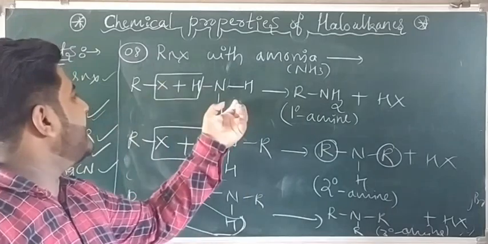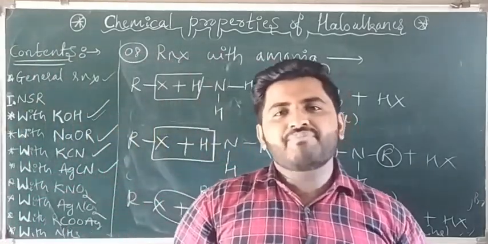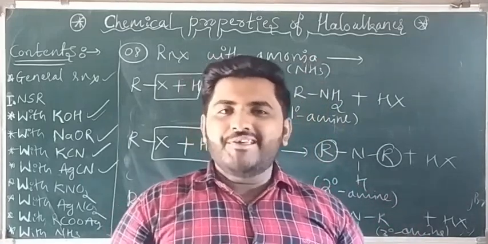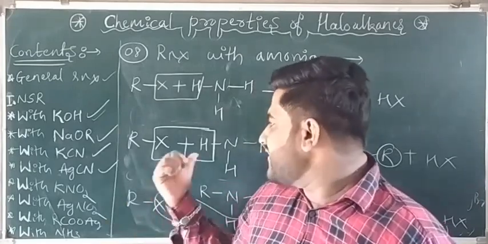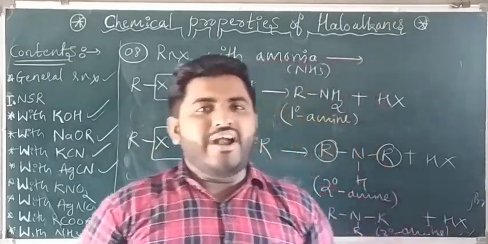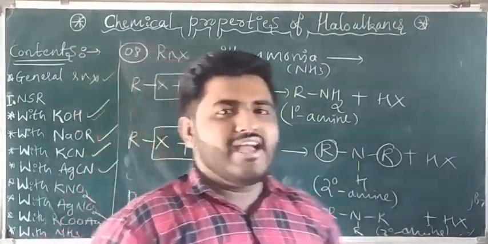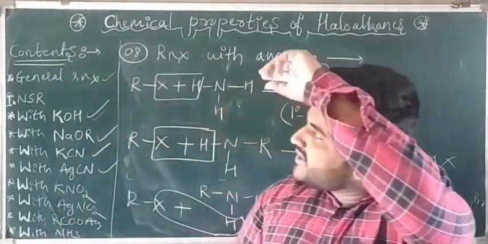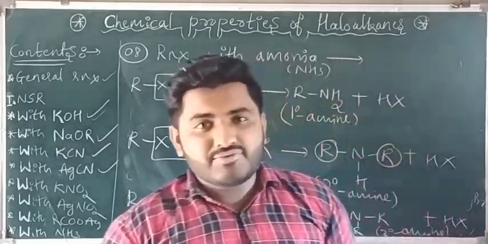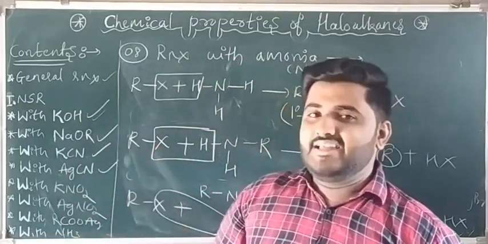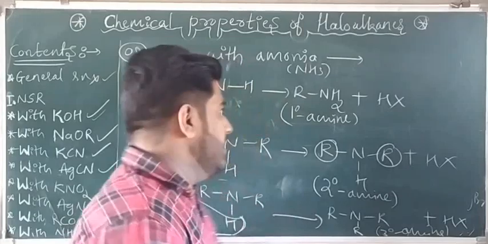When we go on adding ammonia to the haloalkanes, one molecule of haloalkane reacted with ammonia gives a primary amine. Two molecules, secondary, three molecules, tertiary amines are formed. If you use another molecule of RX, we are getting quaternary ammonium salts, right? So in this way, the haloalkanes react with ammonia. I hope you understood. This is regarding some 8 reactions, that too nucleophilic substitution reactions of haloalkanes. Okay, let us revise once and we will stop this session here only.